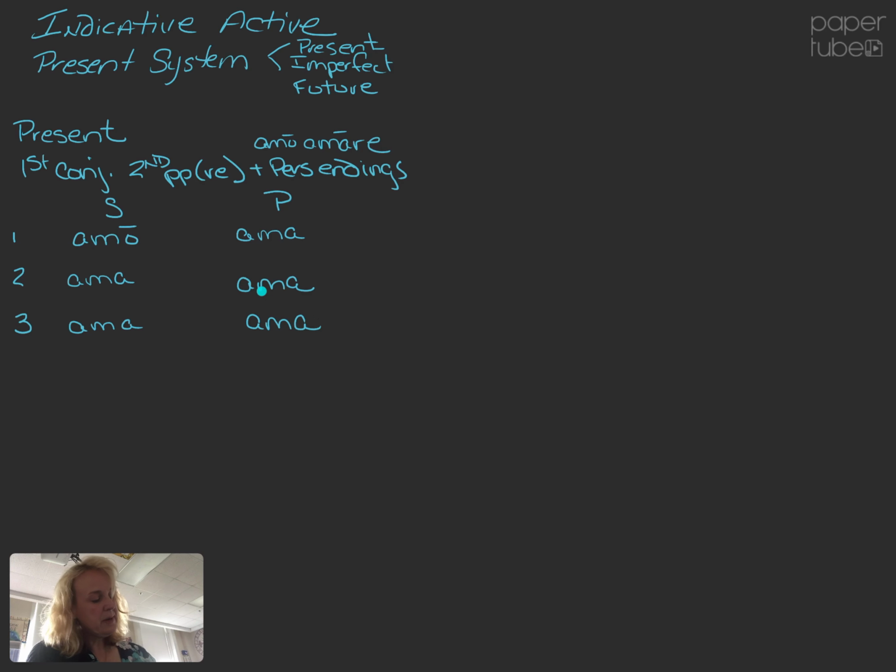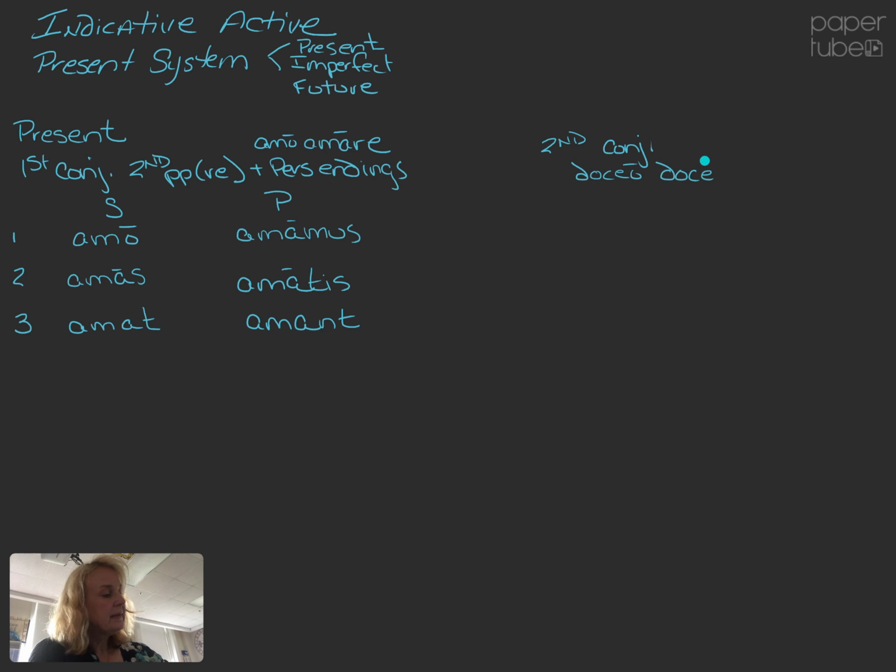And then I'm going to add my personal endings. I have my O, S, T, mus, tis, and nt. For all except the third person, singular and plural, I'm going to add my long marks. Amo, amas, amat, amamus, amatis, amant. Second conjugation, I'm going to use the verb doceo,